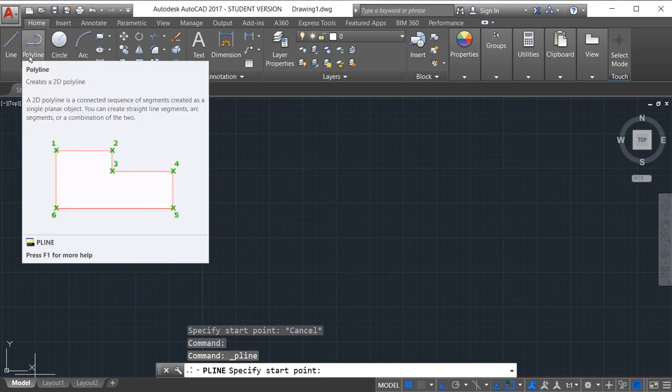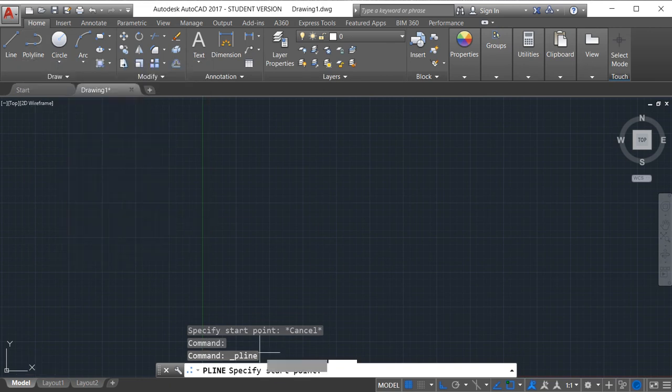A 2D polyline is a connected sequence of segments created as a single planar object. You can create straight line segments, arc segments, or a combination of the two. We can create arcs also by using polyline. There are different options. We have to pay attention on the command box. So here all the actions are shown.